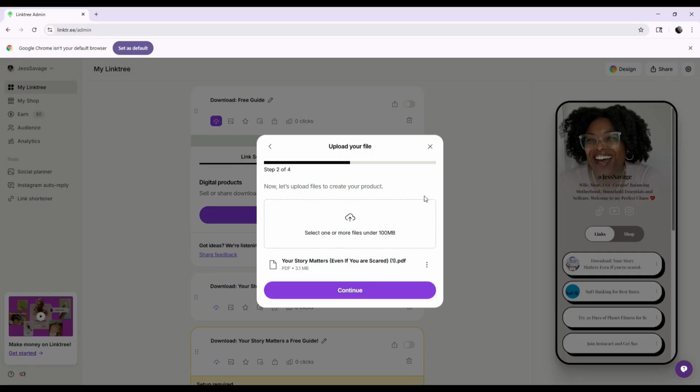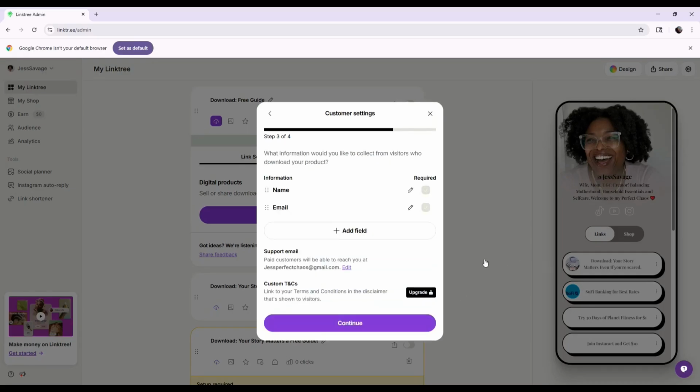Once it is uploaded, you're just going to go ahead and hit continue, and then we're going to follow the prompts. Now, this is exactly what you need to pay attention to. What information are you going to collect from somebody who does download your product? And I do recommend that you collect their name and email. Only reason being is because depending on what social platform you utilize, if that platform goes down, you still want